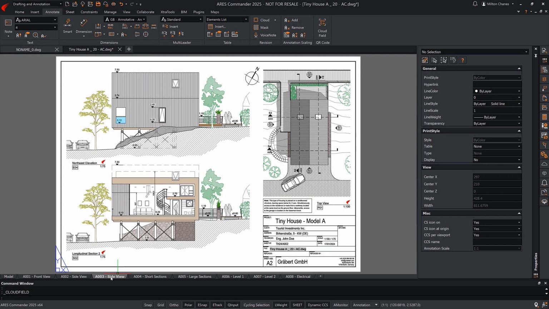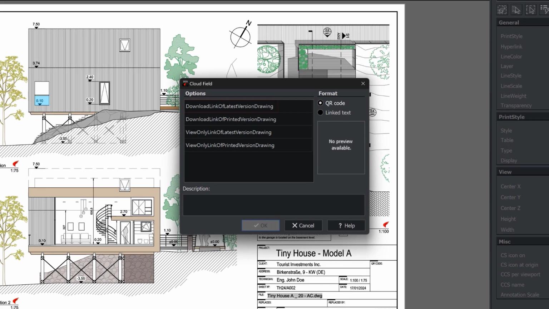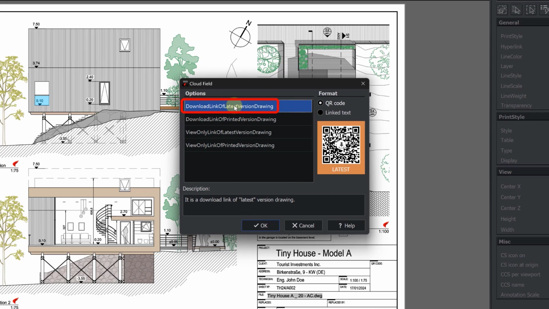Now let's look at a second example. Let's imagine that we work on a project with another company. They need our drawing to add their own technical details, but don't use Aries. Hey, nobody is perfect. But in our common interest, we need to make sure they can always work with the latest version of our drawing.